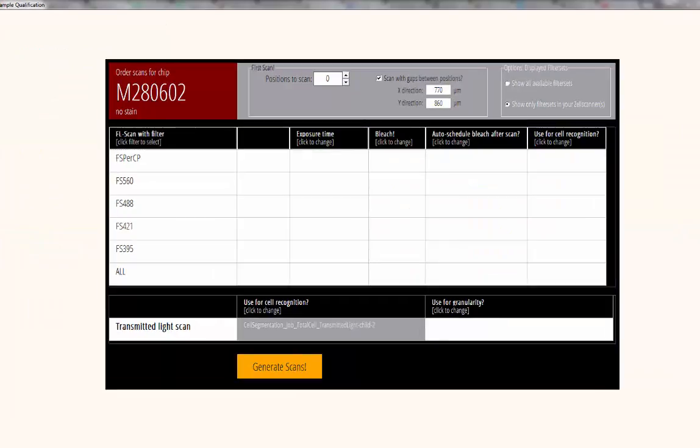At this point, please select the first scan that you're going to do on the chip. So select the number of positions you're going to scan, for example, 10 in this case. Now, the first scan is usually a bleach scan followed by a background scan. So we do the bleach scan with the All filter, click on All, and automatically 20 seconds are the default